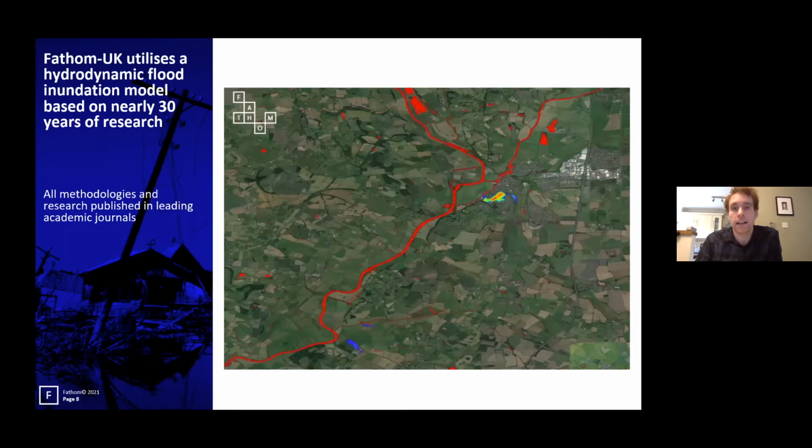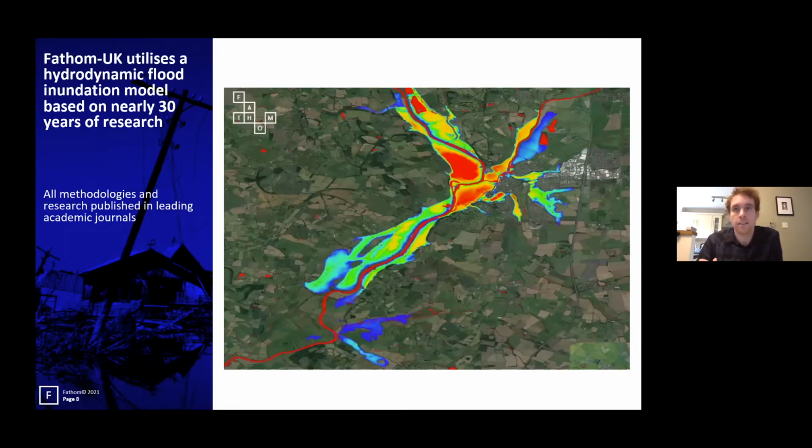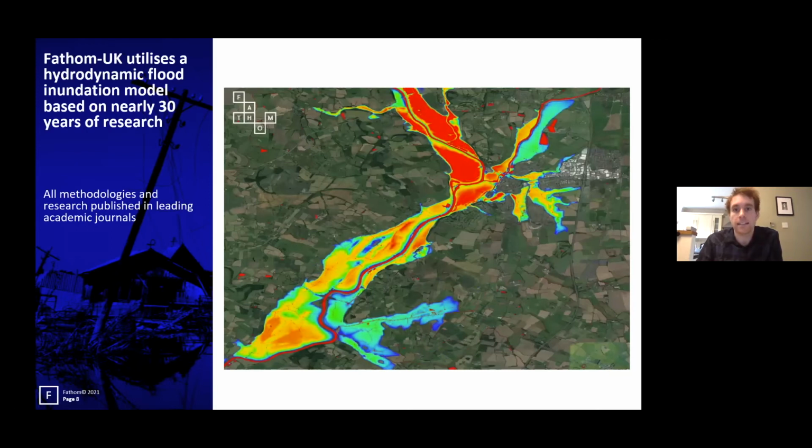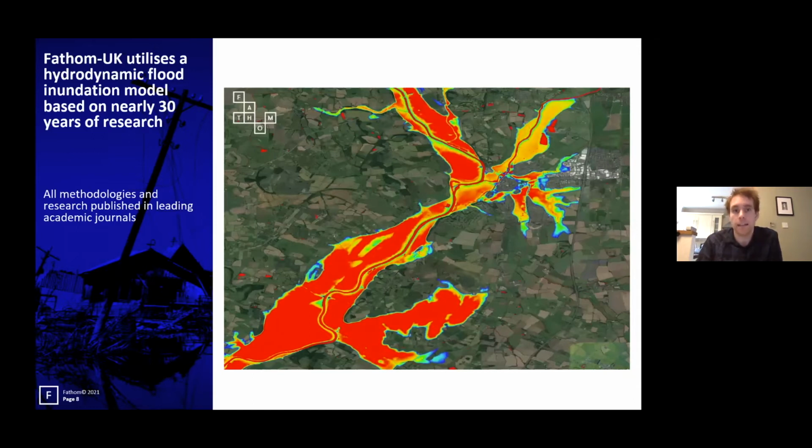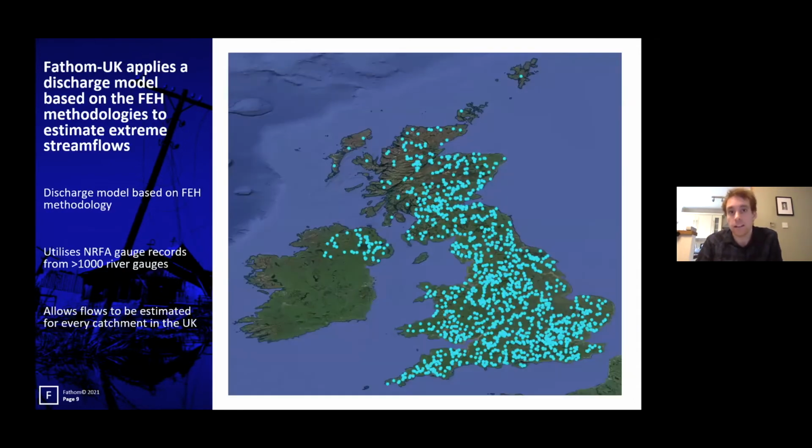So on the right-hand side here is a simulation of an extreme flood event in Tewkesbury. And this is one of the thousands of simulations that underpin the UK flood hazard data. In addition to having an accurate hydrodynamic model, there are many important data sets that underpin these simulations, such as the boundary conditions used by the models, the underlying terrain data sets adopted, and the representation of river channels.